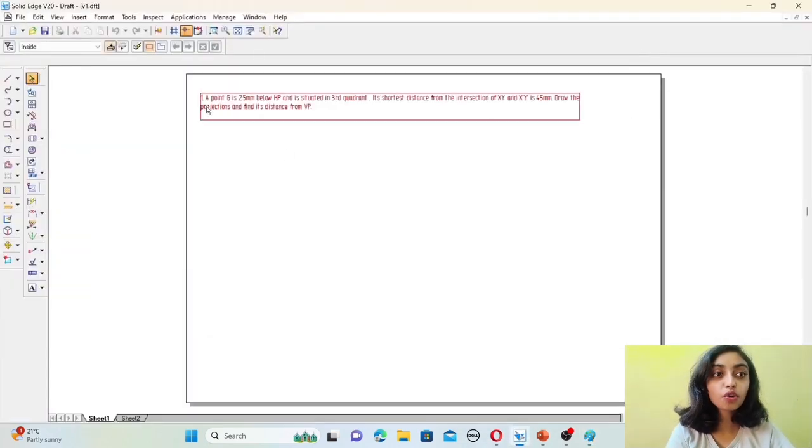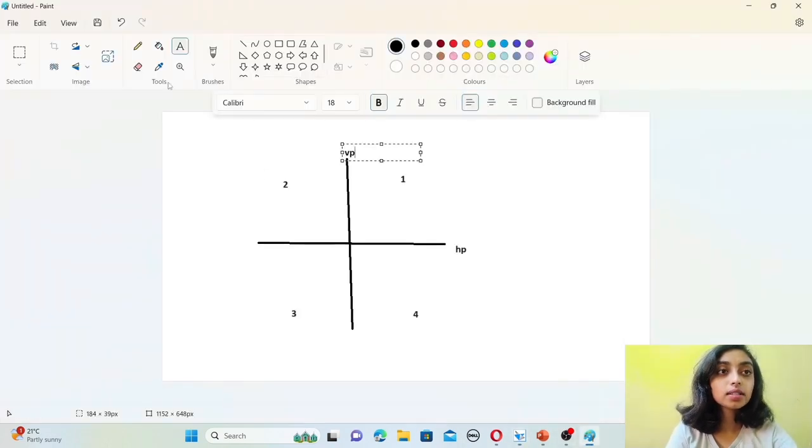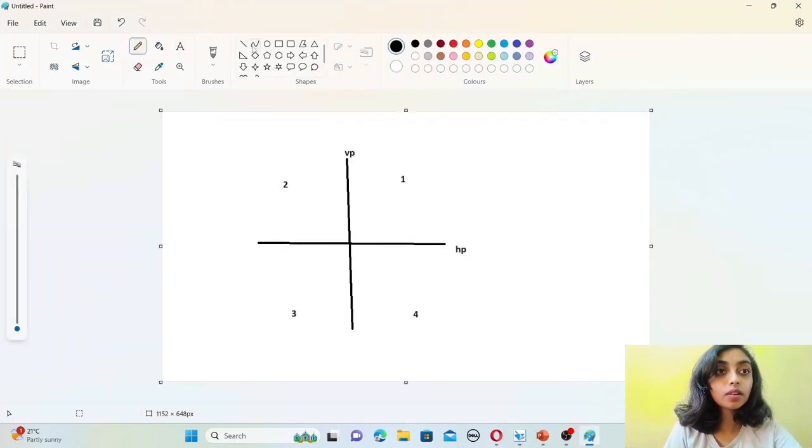So the question here is: a point G is 25 mm below HP and is situated in the third quadrant. So let's know here. I'm selecting the point. The point is in the third quadrant.